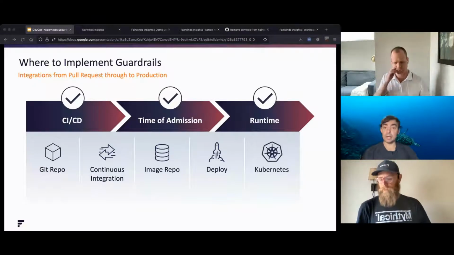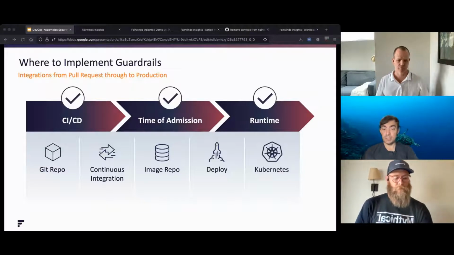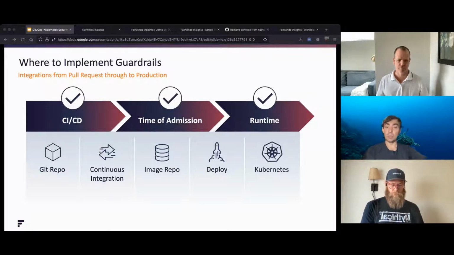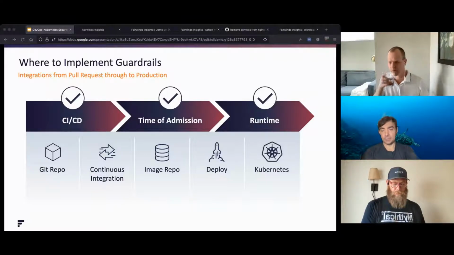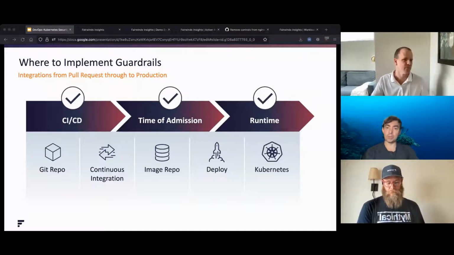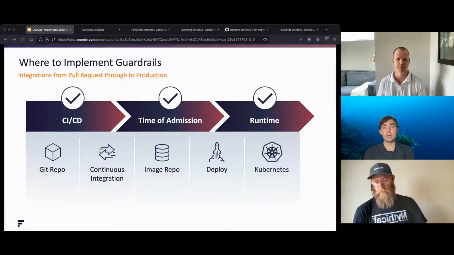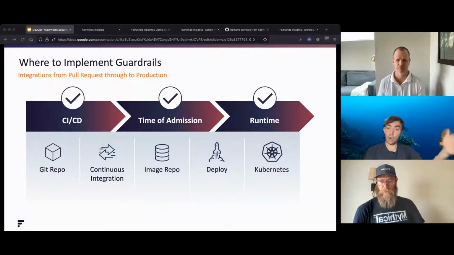There's also things like Kendall mentioned earlier. Sometimes you might admit a workload into the cluster that has no CVEs, but a new CVE gets announced a day later. You really want that live, runtime detection to say, okay, now this workload has a vulnerability in it. We need to make sure we go back to the beginning of our process, fix that vulnerability, and get it redeployed. So it's really three different pillars where you need to implement guardrails: at CI/CD, on your infrastructure as code, at the time of admission as things are entering the cluster, and then in runtime once things are already inside that environment.